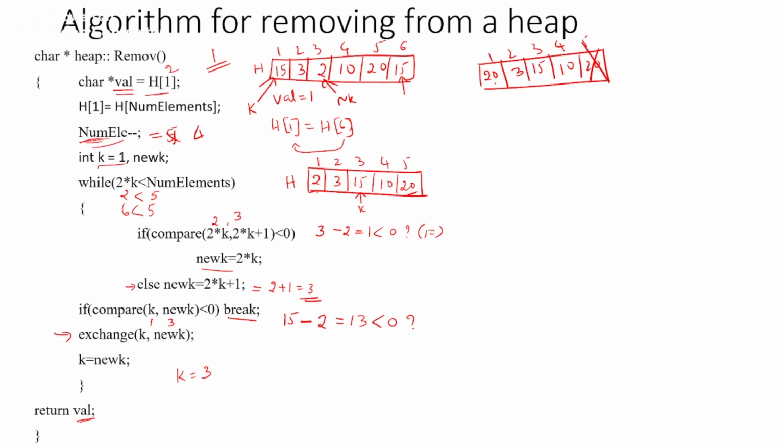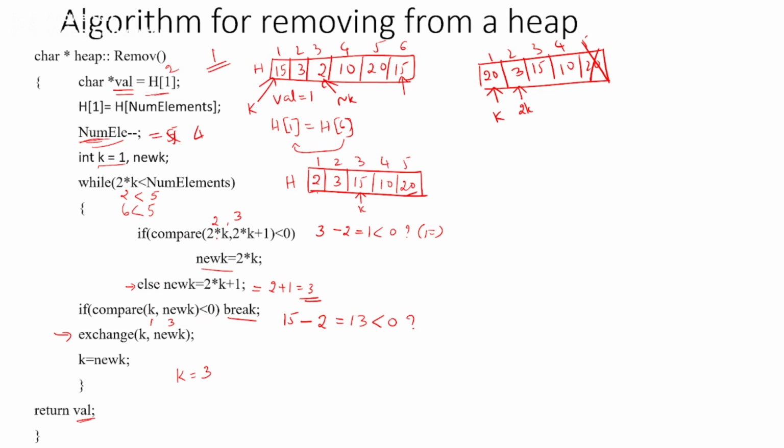Okay, so when I copy it over to the root position, after that what I need to do? I need to compare. I will make k equal to 1. So this is pointing to k now. Now, 2k is less than num element. What is 2k? This is 2k. 2 into 1, that is 2. So 2k is pointing to this. Whether 2k is less than num element, that is 2 is less than 4. Yes, 2 is obviously less than 4. So where will it go? It will go to comparison.